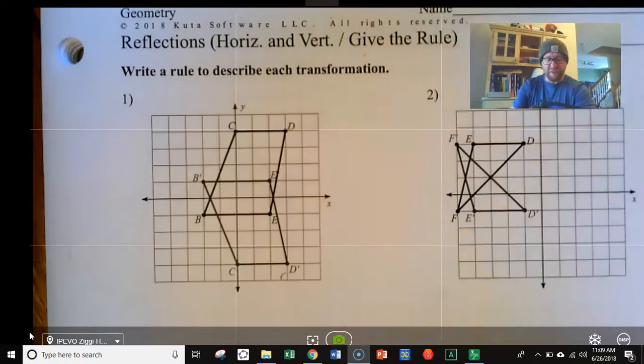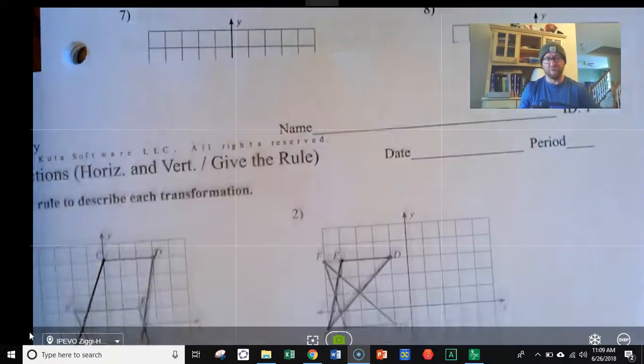All right, the trick to this is, first of all, 9 out of 10 times it's going to be pretty obvious, but not always. So the trick here,